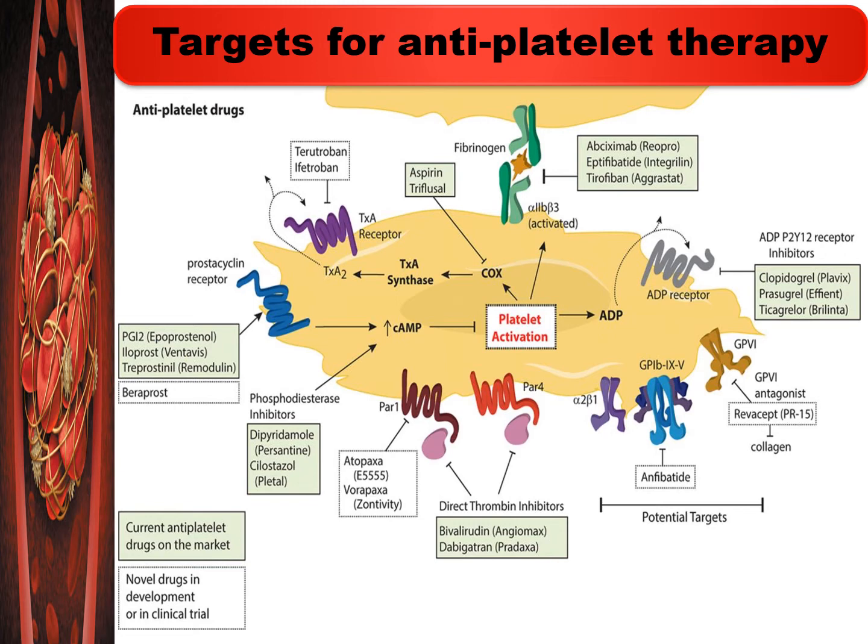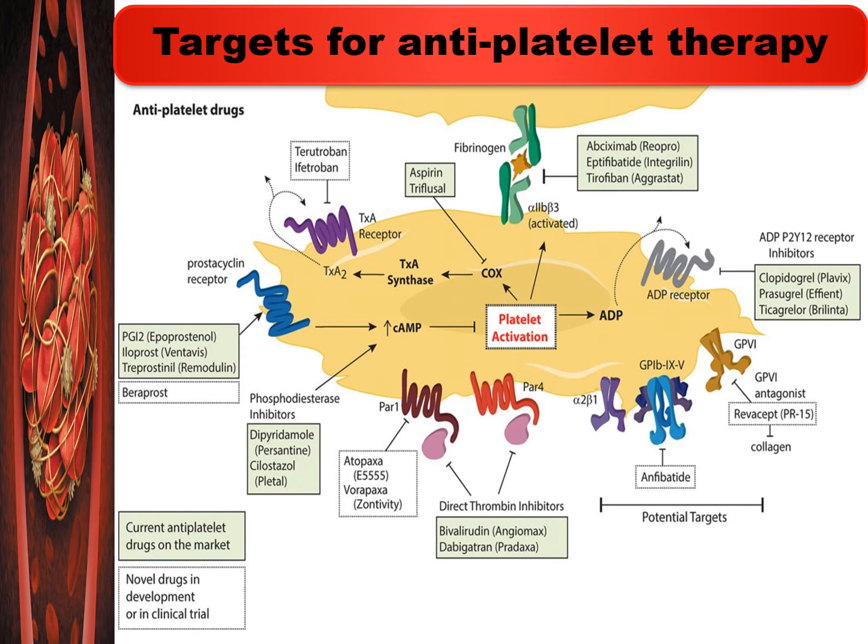Further, this activated platelet is responsible for the activation of the alpha 2B beta 3 receptor, which is responsible for the binding of fibrinogen, so that attachment with another platelet takes place. So this binding of fibrinogen is inhibited with the help of abciximab and